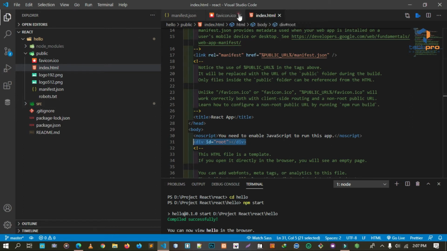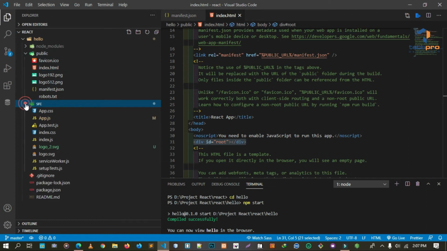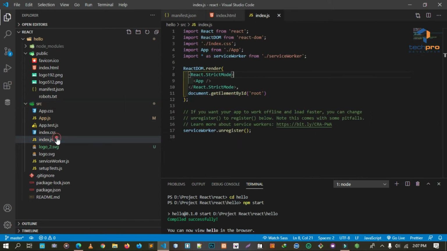The next folder is the src folder, which is the folder you will be working with the most during development. The starting point for a React application is index.js. In this index.js, we specify the root component, which is the App component, and the DOM element which will be controlled by React. The example of a DOM element is the element with id root, as you may recollect from the index.html file.